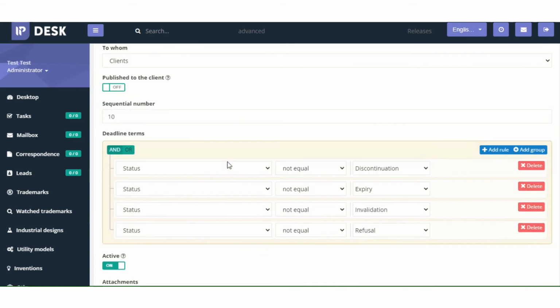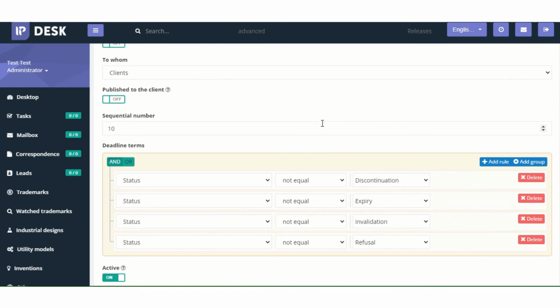And here please take a look at the deadline terms. So if nothing wrong happens with this case, so there was no previous expiry, invalidation, refusal, or discontinuation, only in this situation